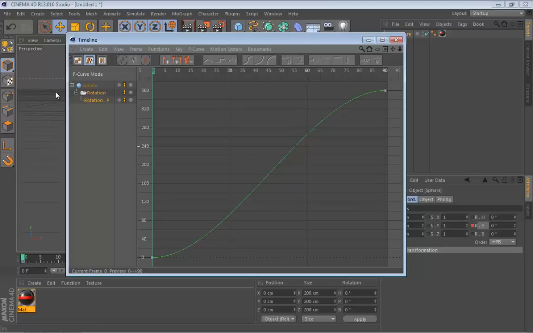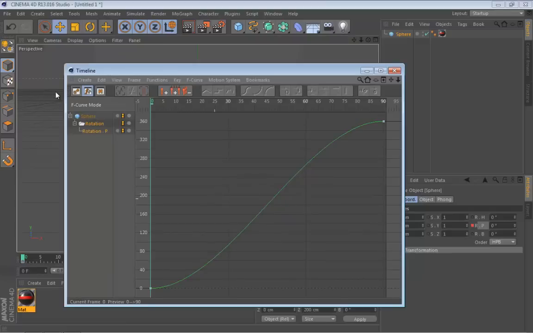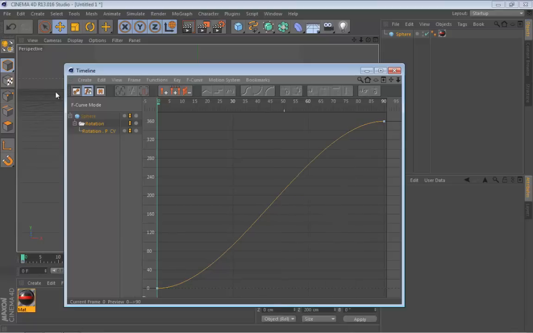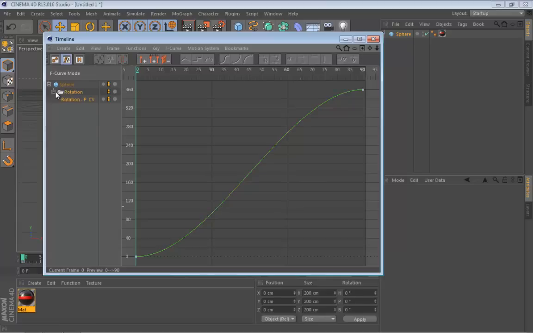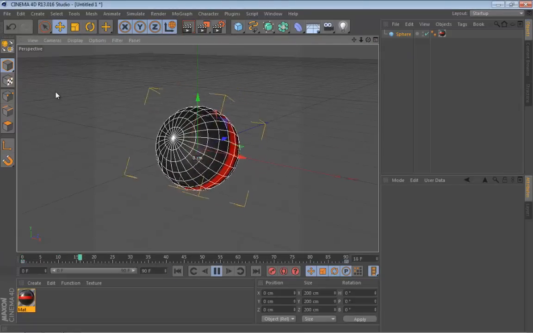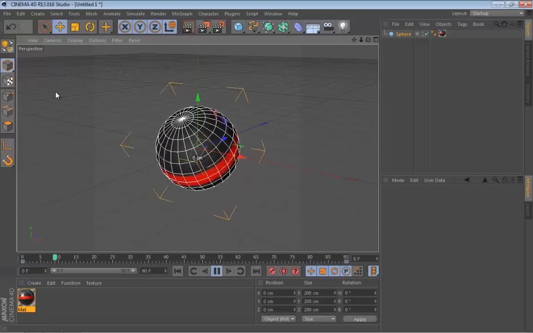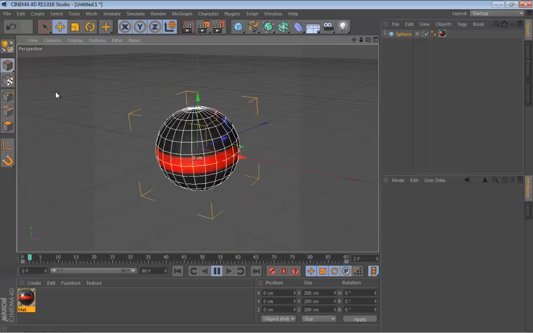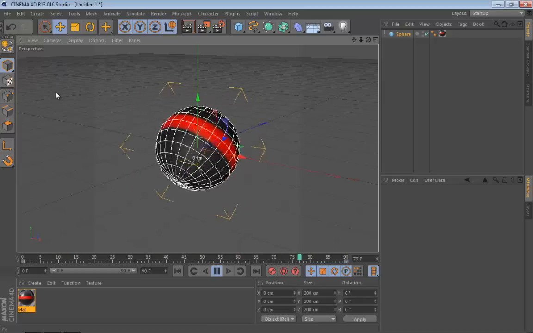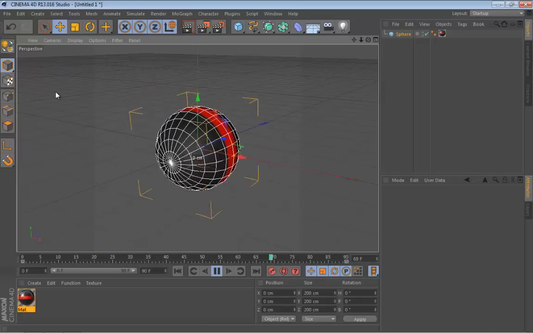As you can see, it's not straight, so it's not really continuous, and the way to fix that is by selecting the curve and right clicking on it and using this Set Constant Velocity. Now there will be absolutely no change in the look of the curve, but you can see here it says a little CV, which stands for constant velocity. So if we go back to our view here and hit play, you can see it starts to spin, and although it reaches frame 90 and goes back to 0, the speed keeps track,